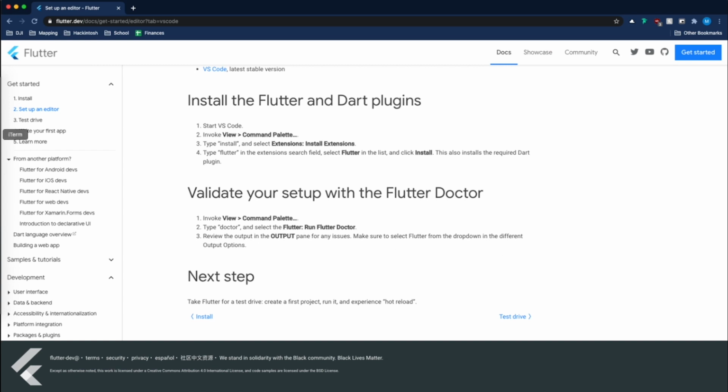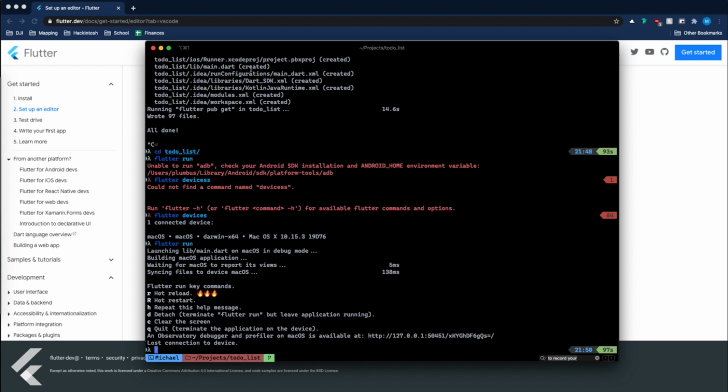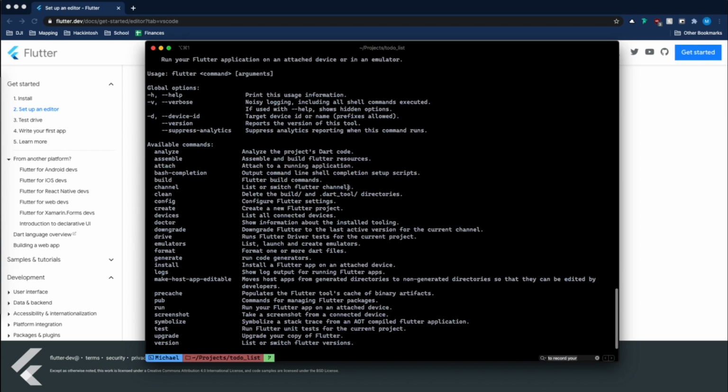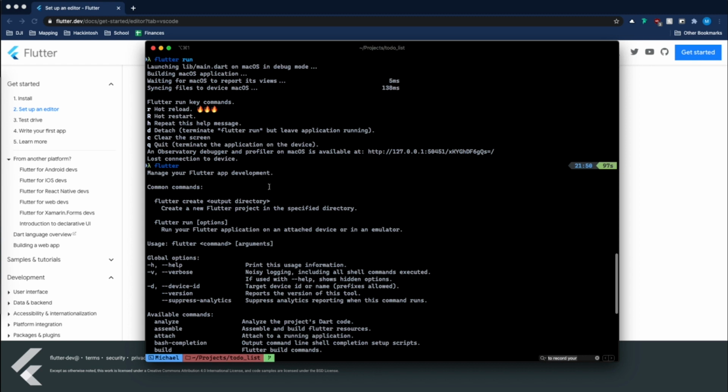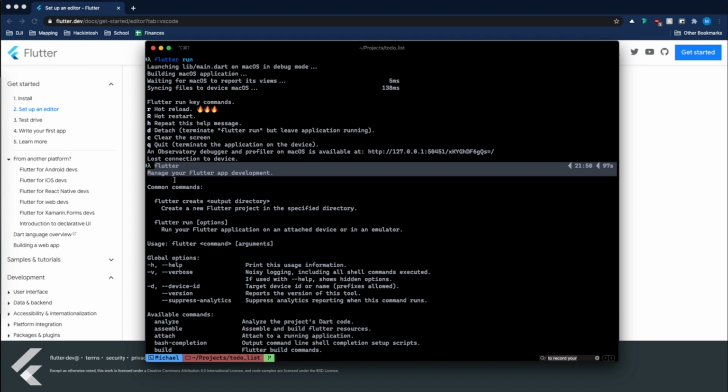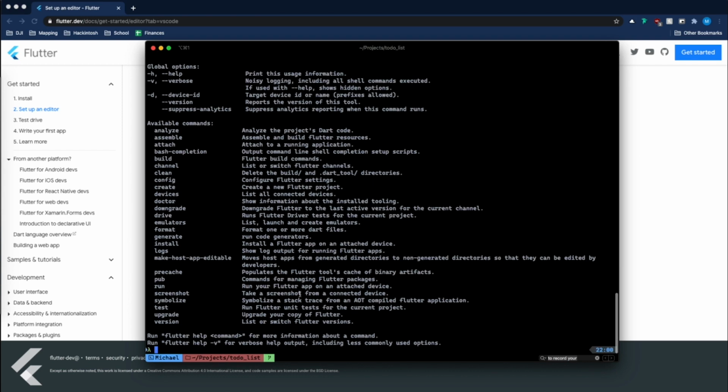Once you have all of that completed, you should be able to go into your terminal. If you're not familiar with the command line, this is a pretty basic command. All you really need to know is the cd command, and then our new command, which is flutter. If you set it up correctly, you'll be able to see Flutter Manager, Flutter Application Development, Common Commands, and then all of the help. So we can create a new project with Flutter,